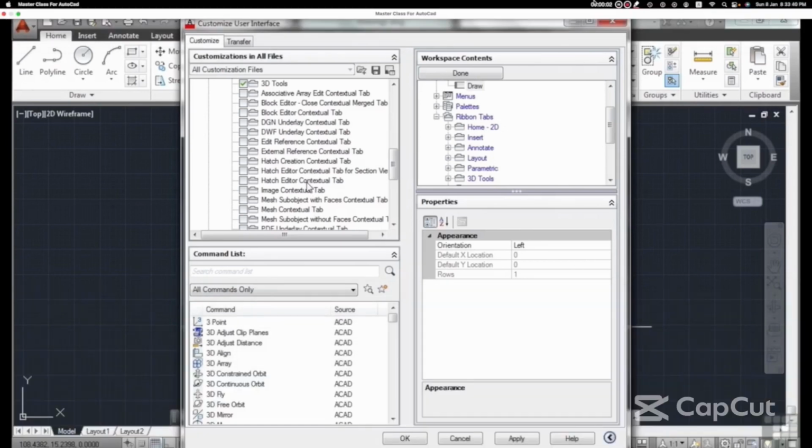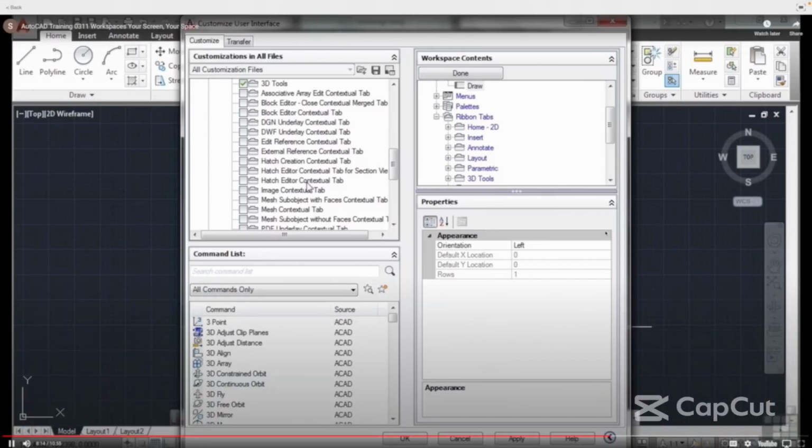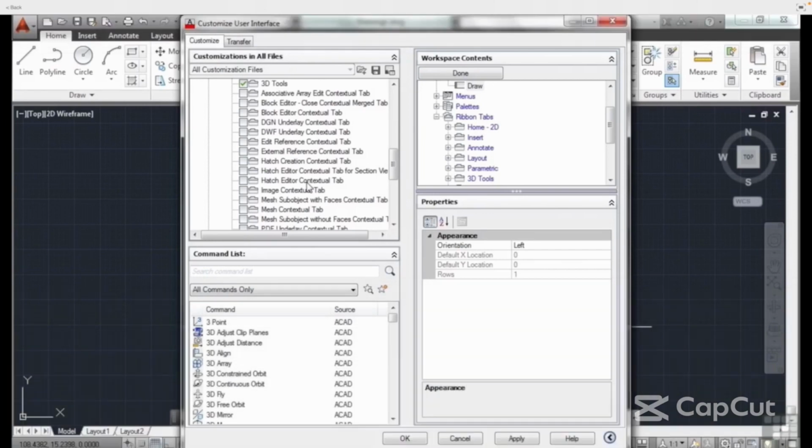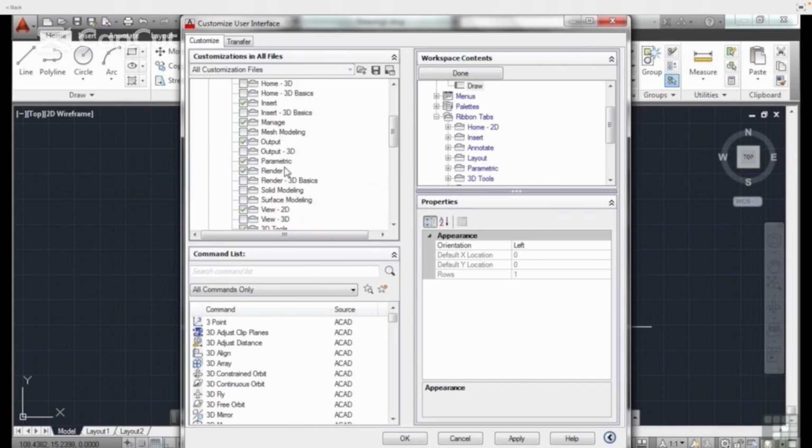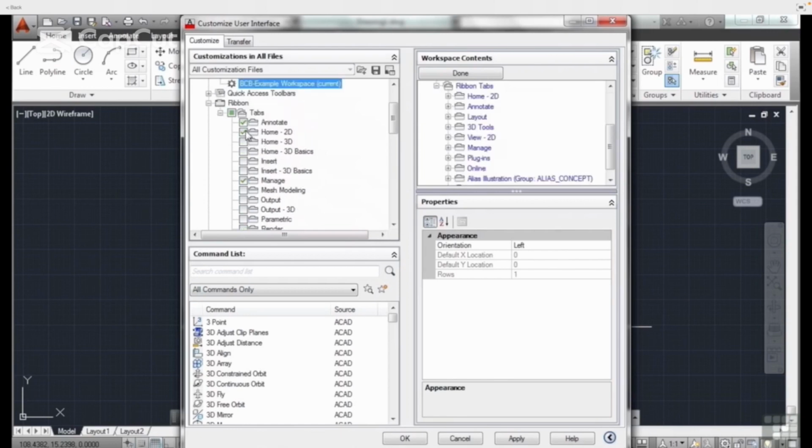I need it while I'm working with a hatch pattern or hatch object. So it's contextual. So it won't be up there until I need it. And that's nice. So let's just add some things to it. Let's say here, I don't want the render. I don't want parametric. I don't want the output or the insert. I just want some of these things. We keep it very short, very simple,